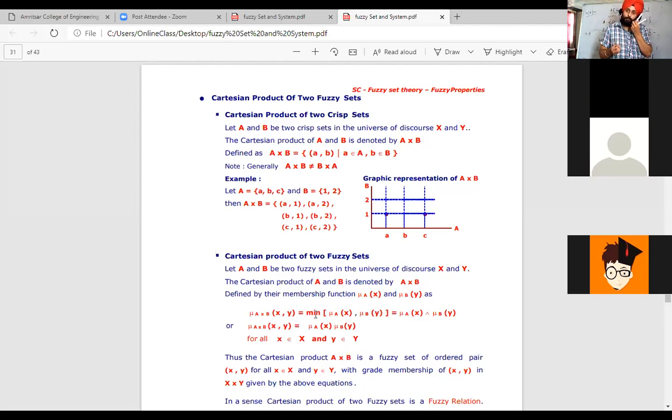Now I will have a poll on what we have done up till now. There will be 2 or 3 polls, so just attempt these polls now. Be ready, all of you. I will stop sharing the screen now. So I am launching the first poll. Just go through this poll.